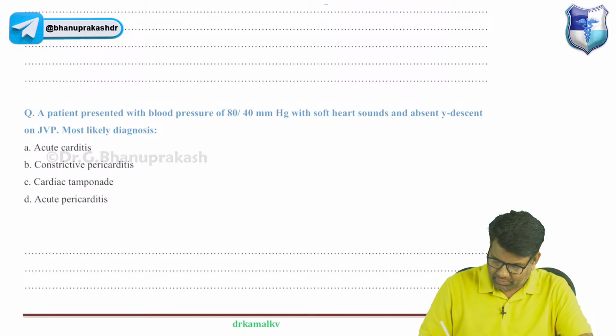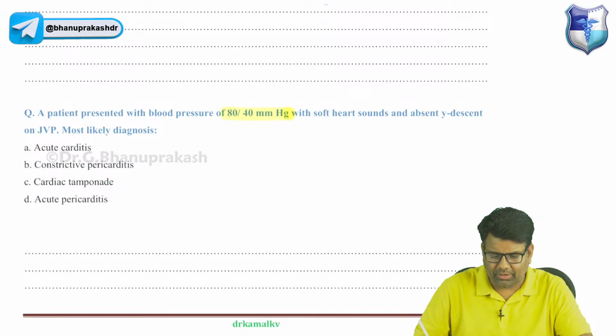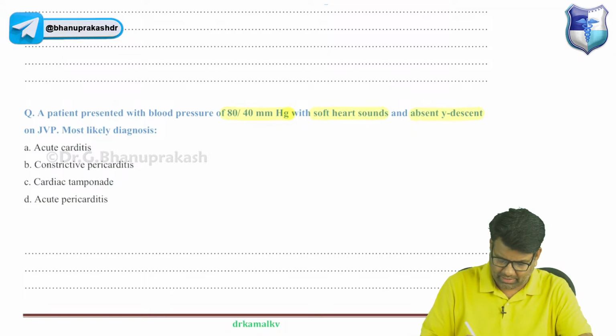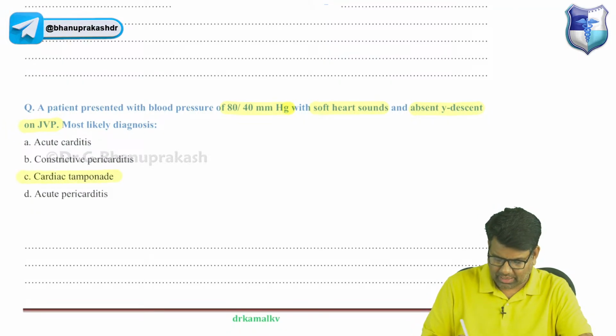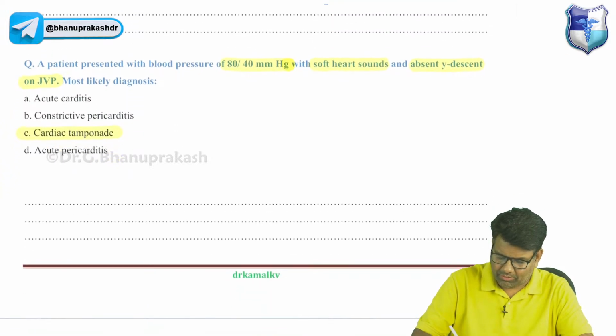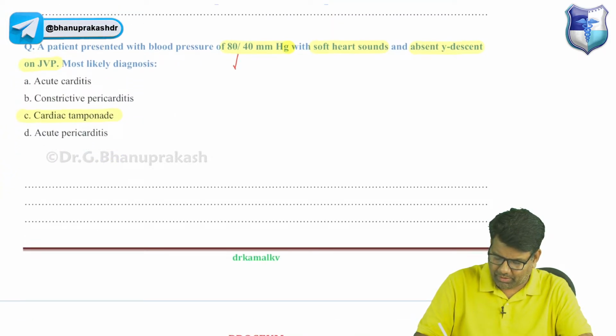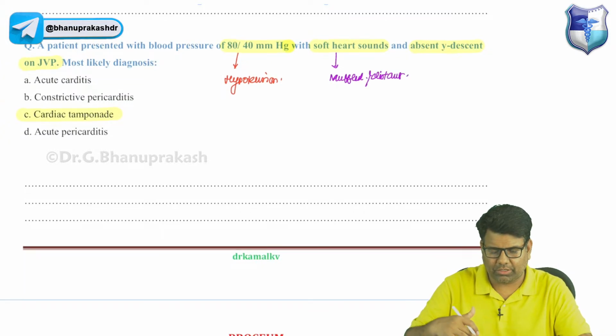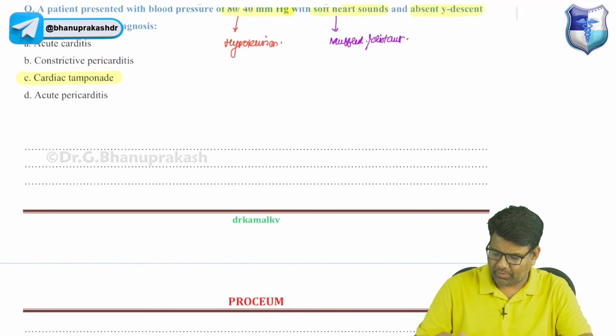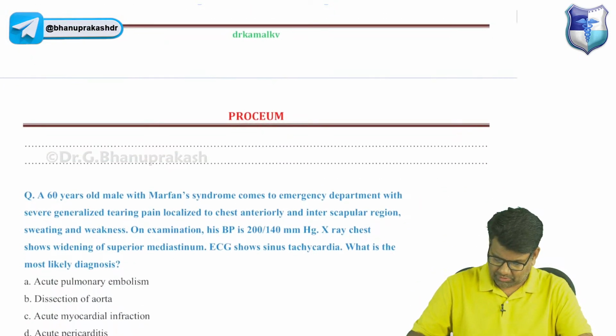A patient has a blood pressure of 80 by 40 millimeter of mercury with soft heart sounds and absent Y descent on JVP. I think everyone can very clearly make out the answer as cardiac tamponade. So a blood pressure value of 80 by 40, then soft heart sounds, some say muffled heart sounds, distant heart sounds, just because of collection around the heart. Then next question,